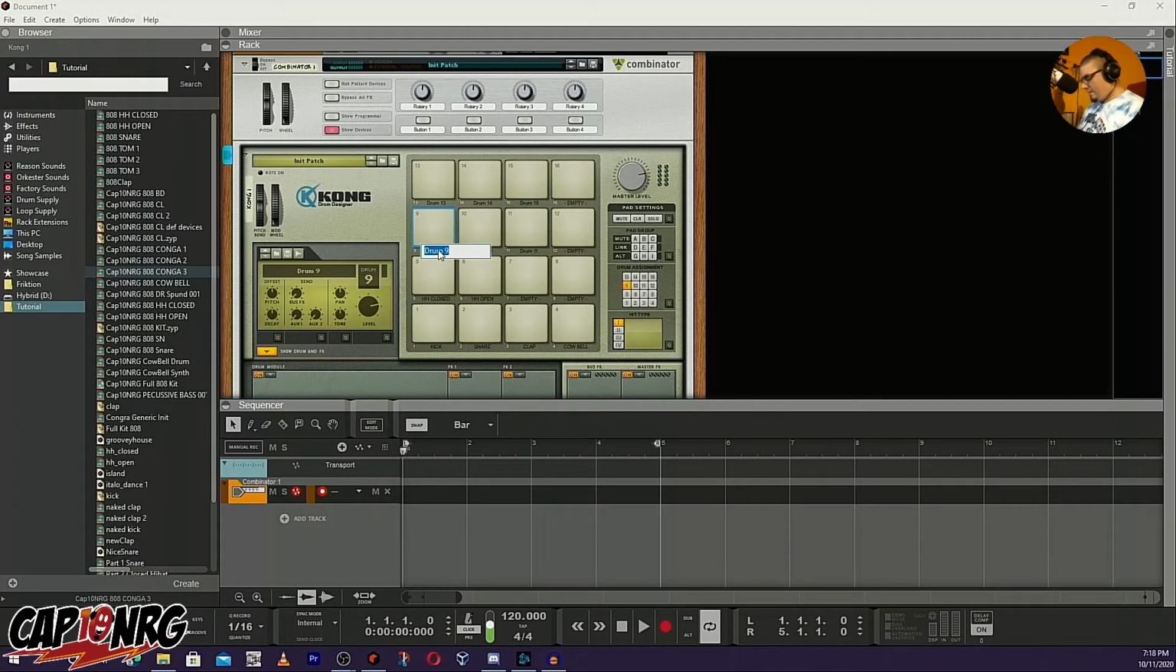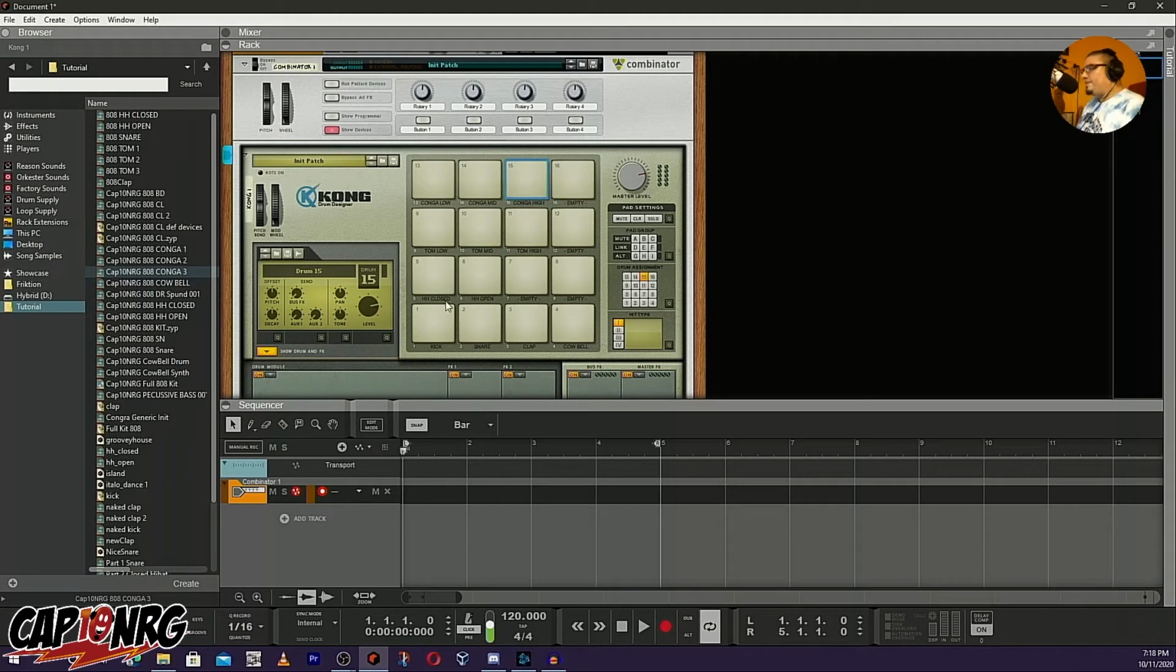Let's go over here. So we're going to put tom, this could be tom low, tom mid, tom high, conga low, conga mid, conga high. So now, what's left? Well, we've got all our sounds here,